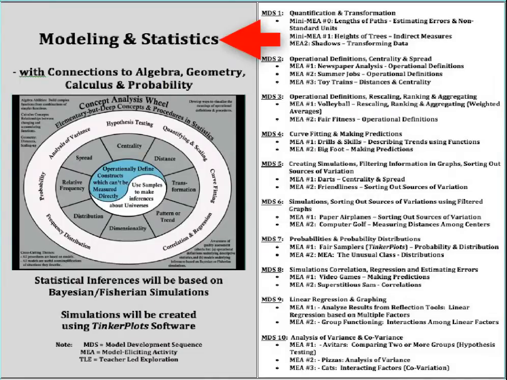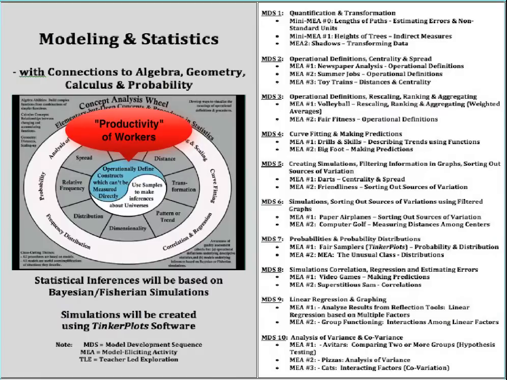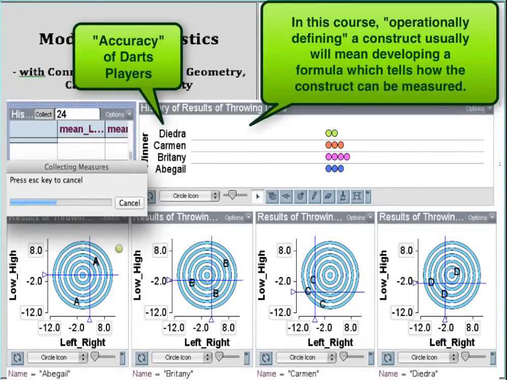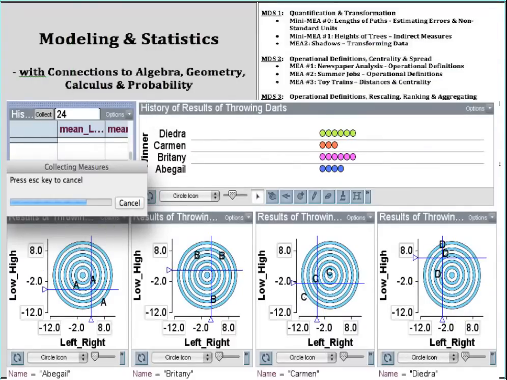This course is about modeling in statistics, with connections to algebra, geometry, calculus, and probability. When we do descriptive statistics, you'll be developing sensible ways to operationally define concepts such as the productivity of workers, the friendliness of students in a school, or the accuracy of darts players in the simulation below. Operationally defining such concepts means defining them in ways that are measurable, and usually, this will mean developing some kind